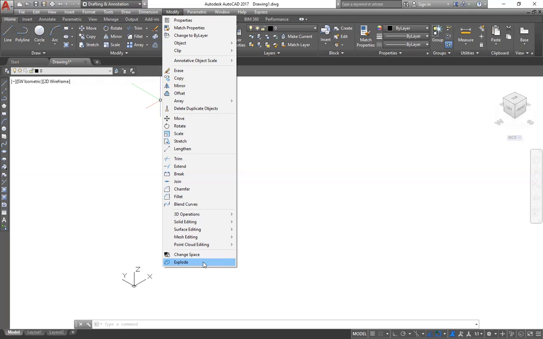So they become an entity. So you cannot access those lines individually. That's what it means. But when you want to make changes to them, you can explode them, and they go back to their individual components. So these are things you can have